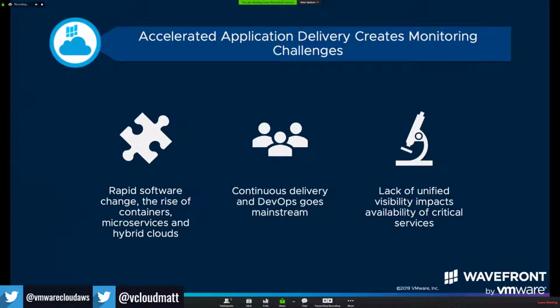Some of this may be motherhood and apple pie to you, but I think it's useful to think about how the world has changed and is continuing to change so rapidly when it comes to both how we deploy, write, and operate applications, and how we monitor, observe, and understand how those applications are behaving and performing. A big part of this is the rapid rise of containers, microservices, and simply the fact that oftentimes these days,